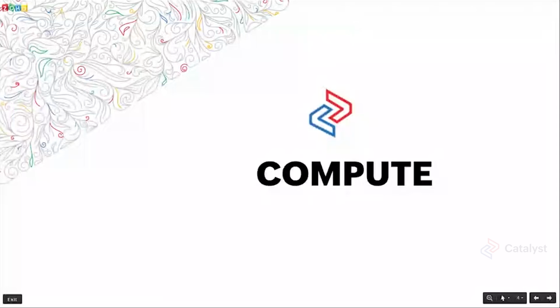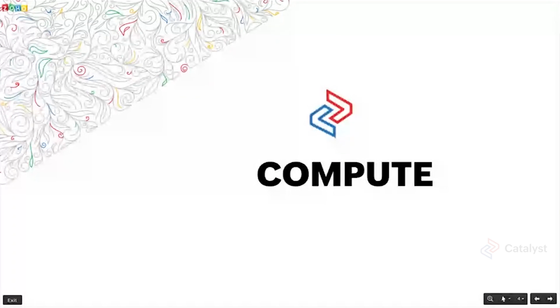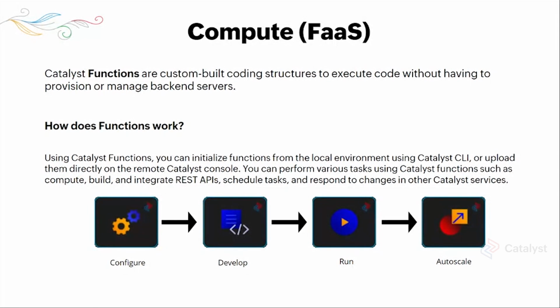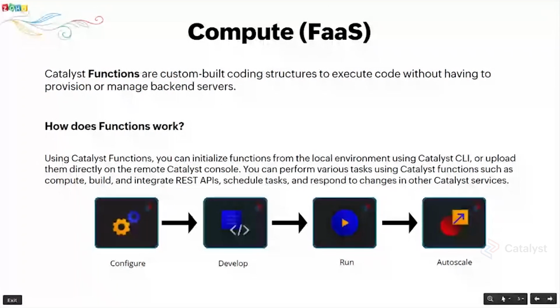So we'll move on to compute, which is function as a service. Catalyst functions are custom built coding structures to execute code without having to manage or provision backend servers. What essentially we mean is that we want you to stress more on business logic and developing the baseline code. What we do not want you to do is to spend time on managing servers and managing the entire underlying